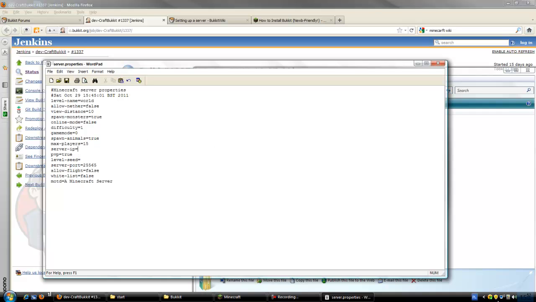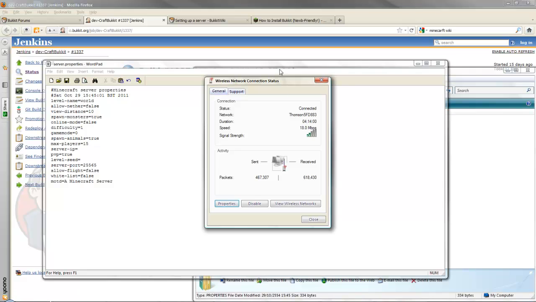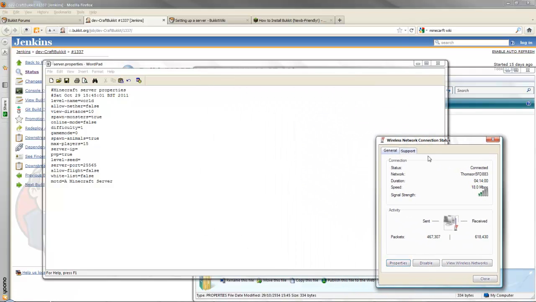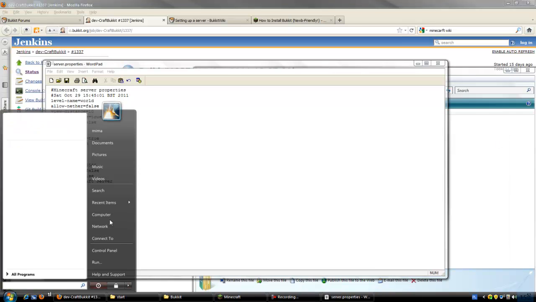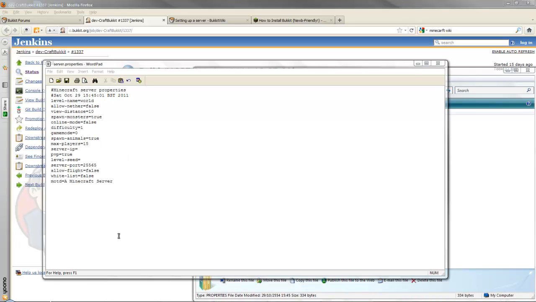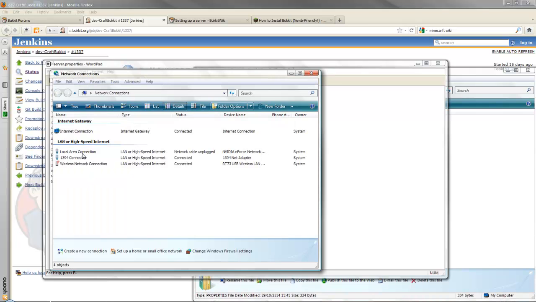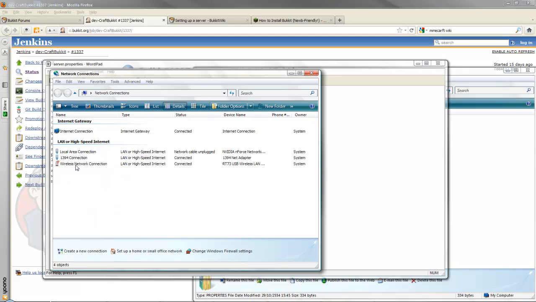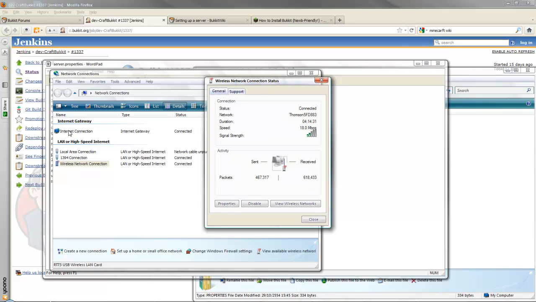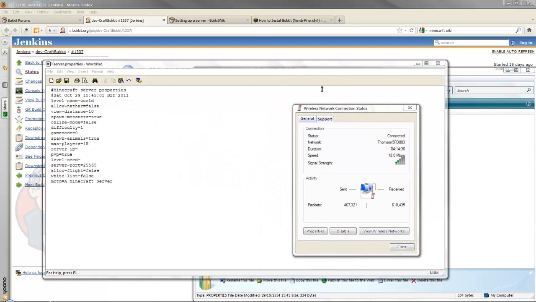Server IP. For the server IP, you want to open your connection status. You can open it by going down, or you can open it by going to start, connect to, and then take which one you use. I use the wireless one. Then you press right click and you double click it, or you right click this one and then start. You want to save it and close it,